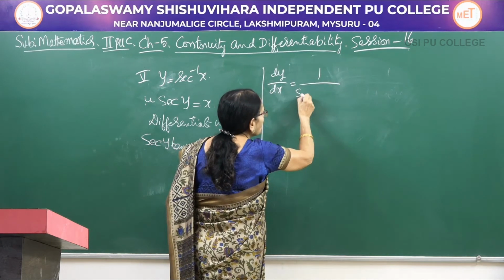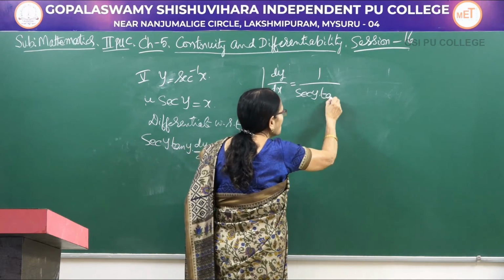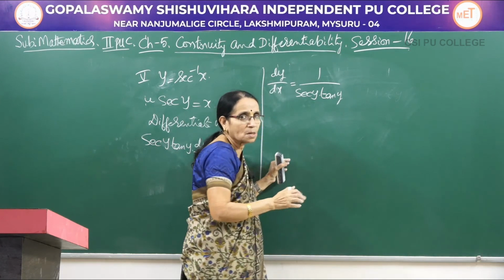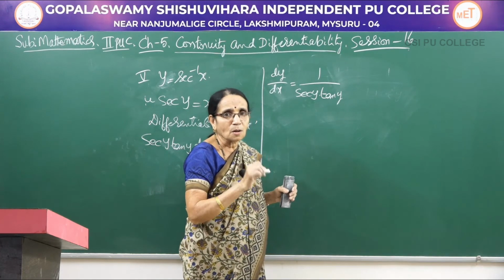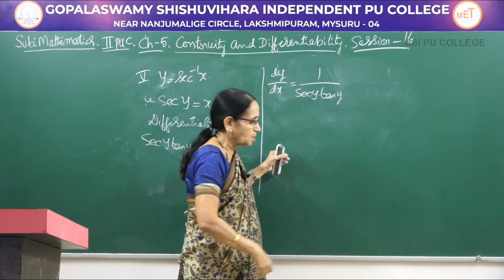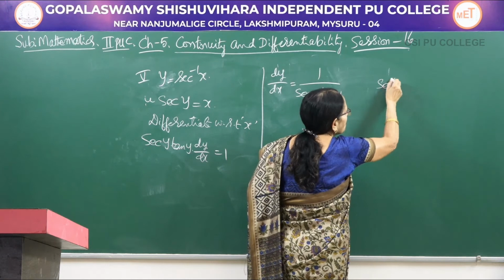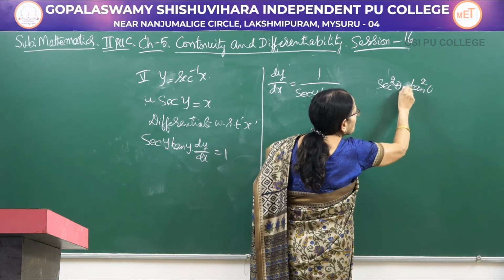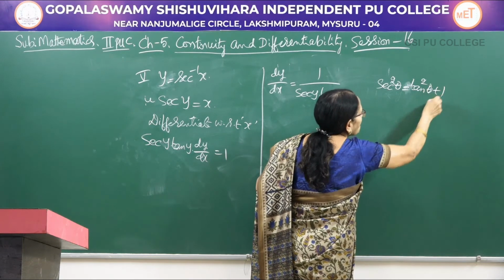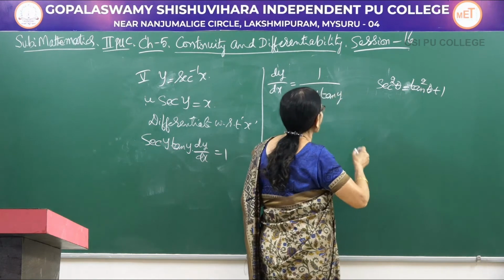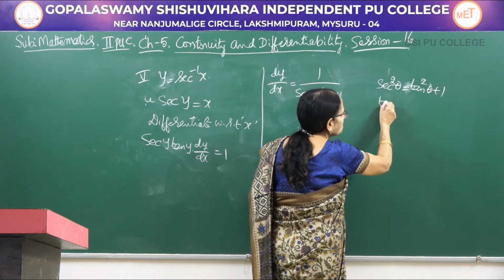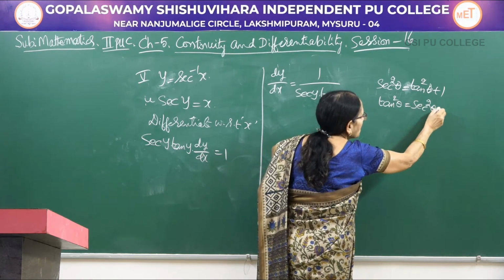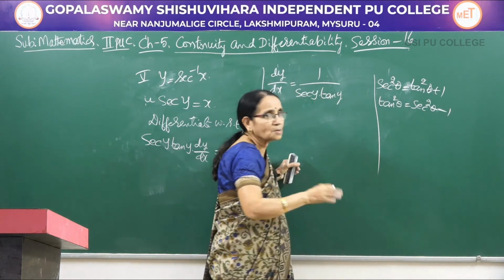It is 1 divided by secant y into tan y. Now, see, secant y you can write as x here. It is not a problem. But tan y also has to be written using x only. For that now I am using this identity: secant square theta is equal to tan square theta plus 1, isn't it? Therefore, if you take 1 to the left hand side, tan square theta is secant square theta minus 1, isn't it? I am using again the second identity.